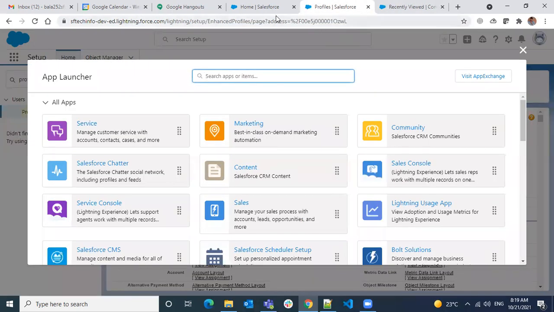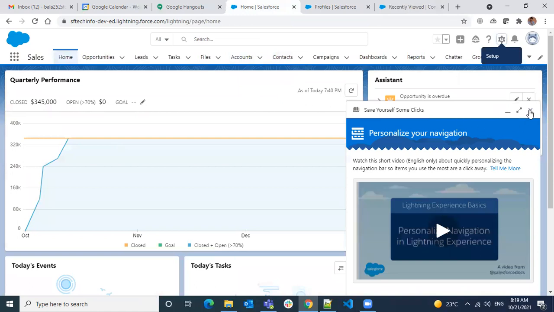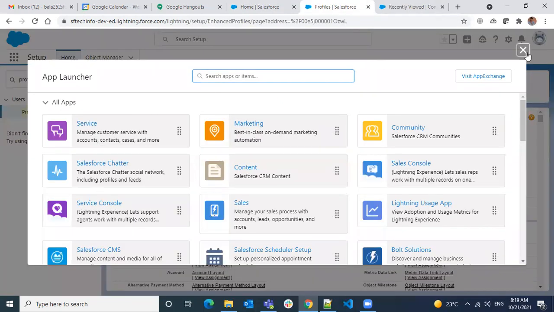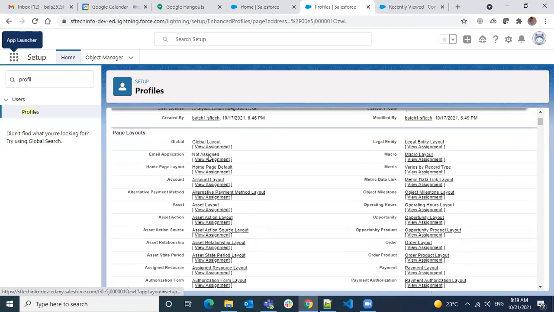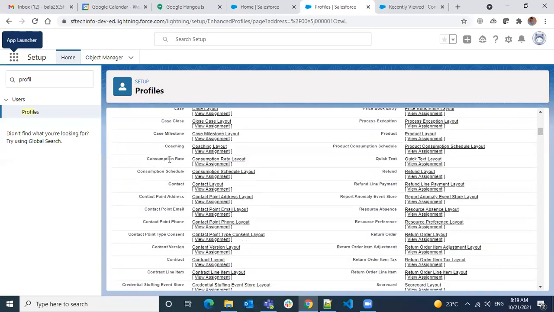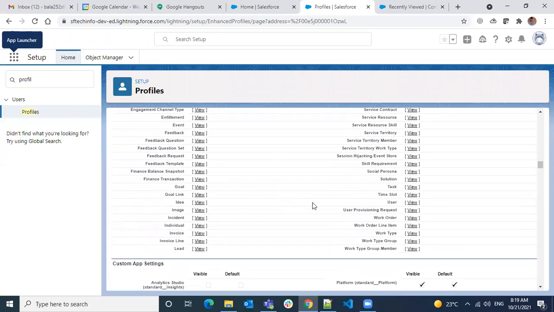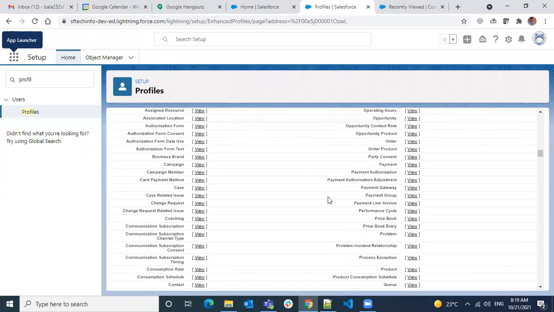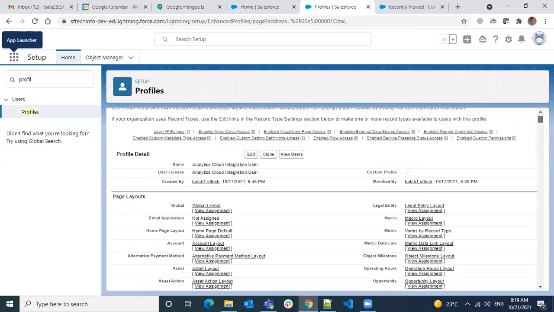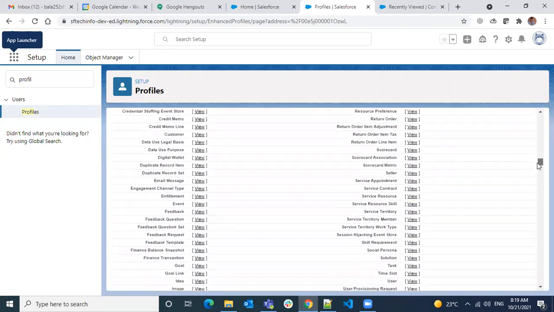So again, I'm not going to drill down, and I want to go back to a profile and show you where we are. Okay, page layouts we covered. So it's not like it's done. Okay, I'm just showing you. If you open a profile, what all you have access to in a profile.